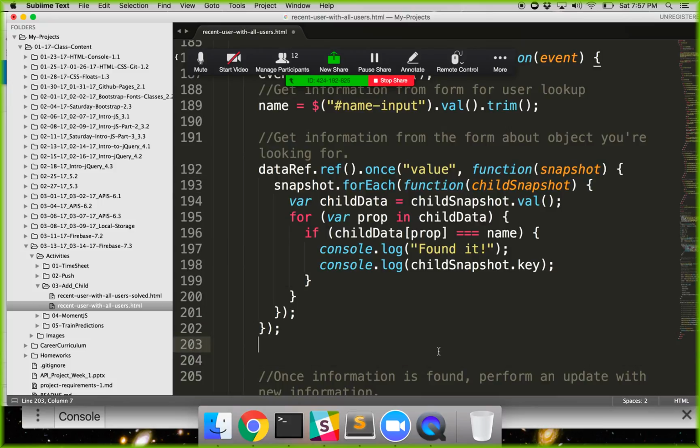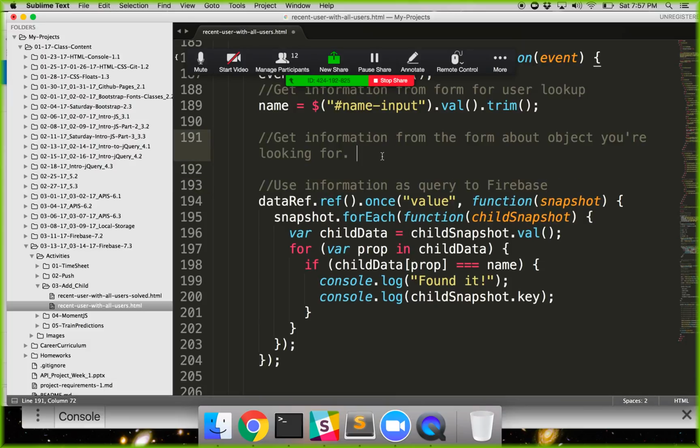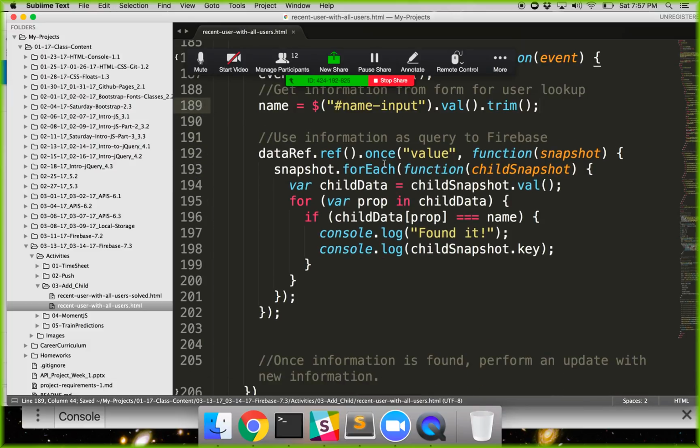Oh, no. So this one is going to be... Yeah, actually, this one was not necessary because we just queried it and... oh, no, sorry. This part was not necessary. This is the use information as query to Firebase. Okay. So now we're going to actually have to use a promise. So what we're going to do is